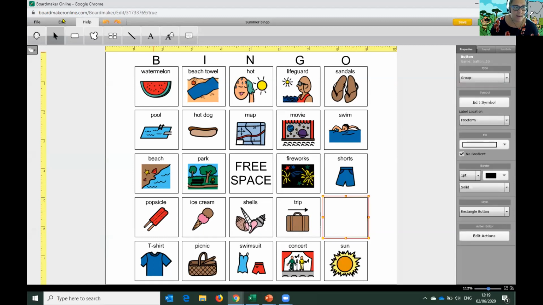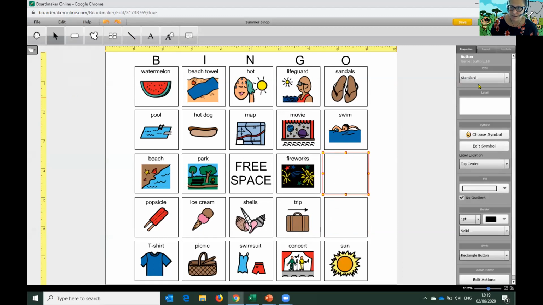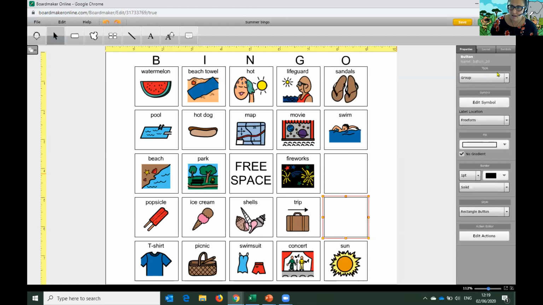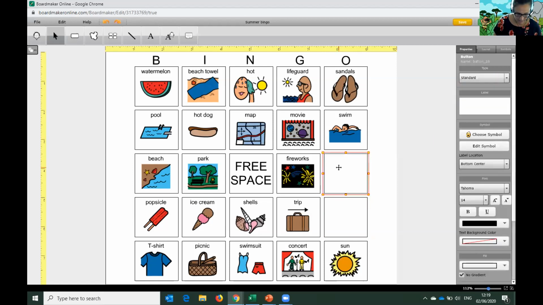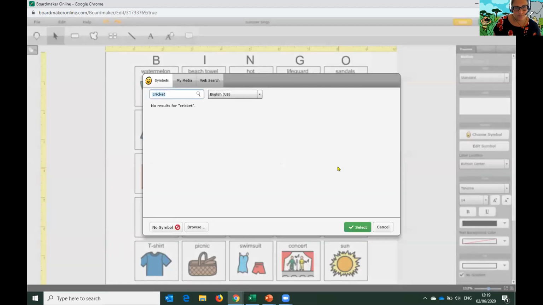Or I could click on it and go to edit, and I could clear the contents. Let me do this one. I can go there and clear the contents. We'll change that one as well. And I'm going to change it to a standard button because that's going to work now in a way that I'm used to using Boardmaker. So now I can type in cricket, type my word, press return, and because I'm in UK English, and I know also, hold on a sec,